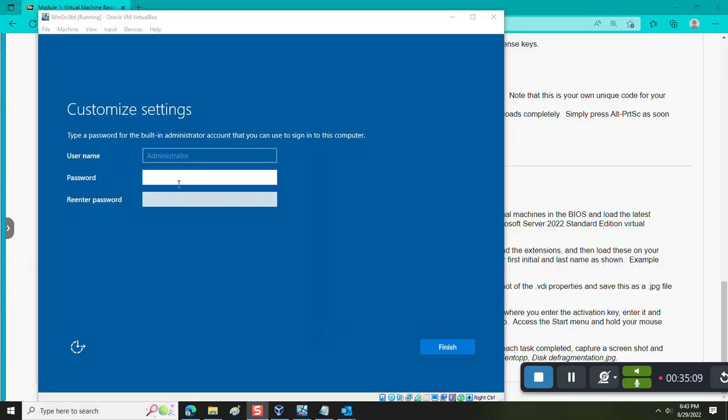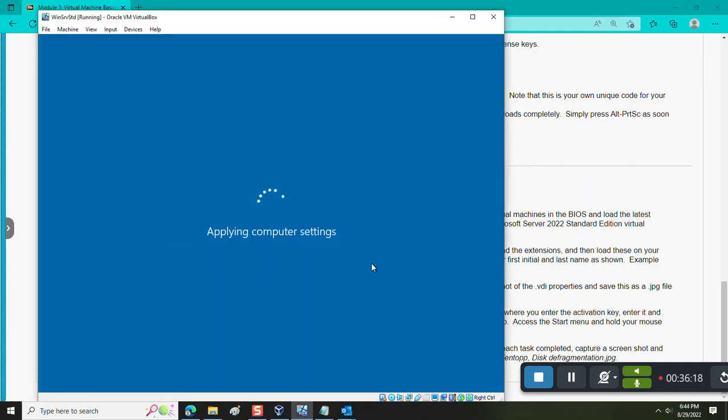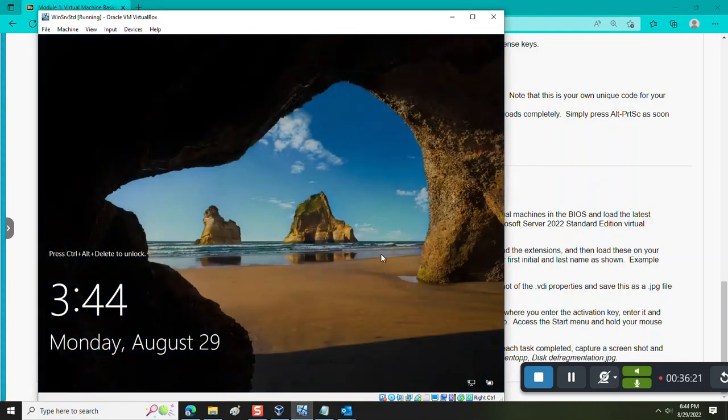And confirm the password for a username that's hard-coded to read administrator. We will review in a later session how to rename and disable this account as it presents as, well, an attractive nuisance and a vulnerability. It's an exposure, so we don't want to leave that name administrator. And as soon as I have my login screen, I'm going to go to my input option to the keyboard, insert Control-Alt-Delete,